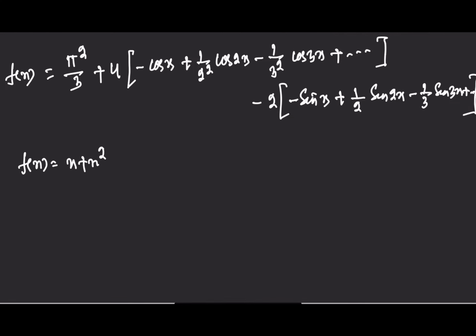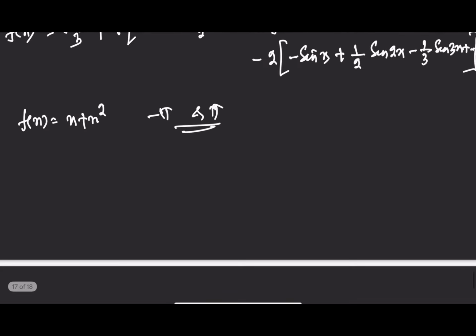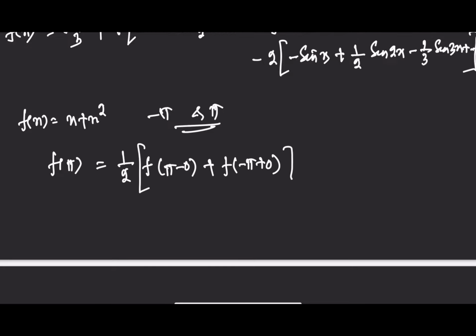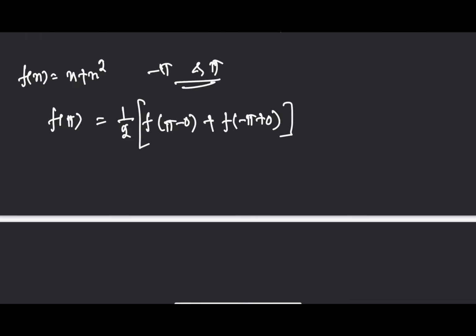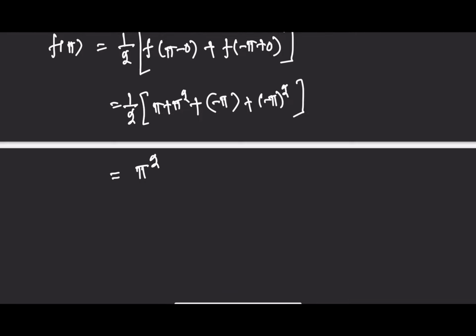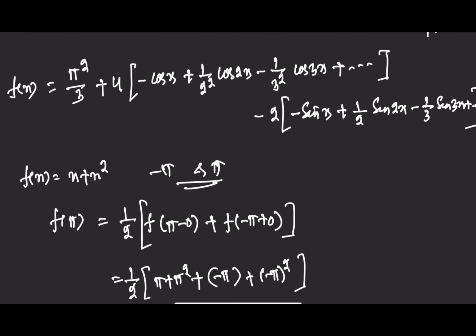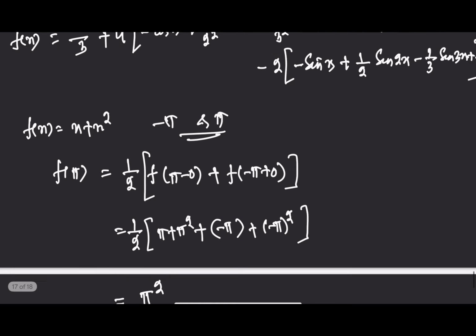The function f of x is valid for all the values of x in between minus pi and pi, but it is not valid at the end points, that is at minus pi and pi. So at the end points, the value of the function, that is f of pi equals to, now substitute x by pi in the Fourier series expression of the function. Okay. Here you can see the sine series becomes 0 for the values of x. So the series becomes for x equals to pi,